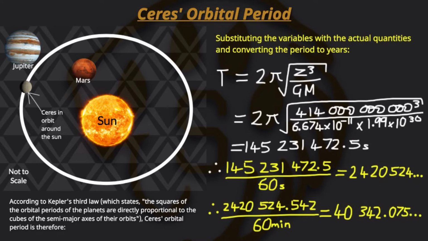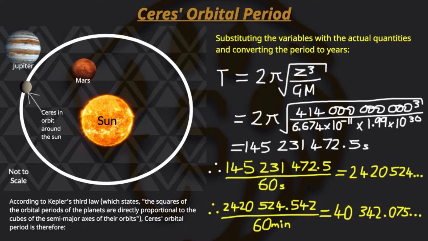Substituting the variables with the actual quantities and converting the period to years. These years are not the light years that you usually hear in astronomy. These are Earth years, so that we make it relative to our normal type of years, our time. So the period is equal to 2 pi multiplied by the square root of z cubed over GM, which is the equation that we derived, and that will be equal to 2 pi multiplied by the square root of